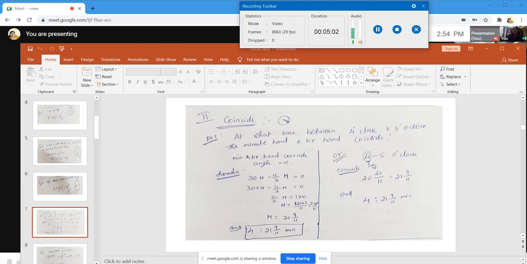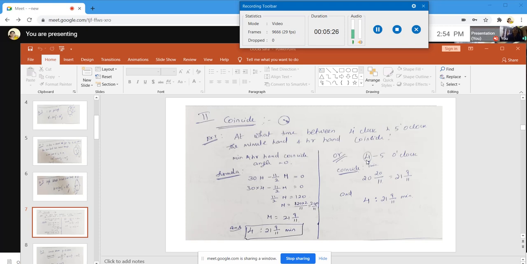So what we should do is, I have shown a big method also by formula that you can go through. I'm going to show the shortcut method, which will be very easy and less time consuming. Between 4 to 5, you consider the minimum one, the 4 o'clock, into 5, which is nothing but 20. About 20 by 11 we can write. That is the method we are going to use to find the answer.